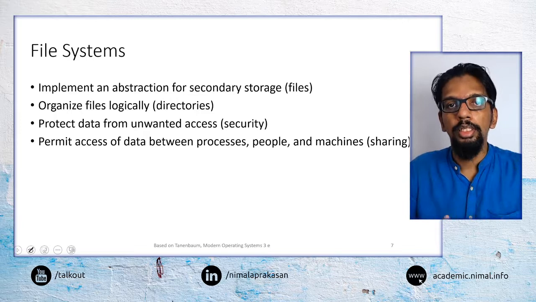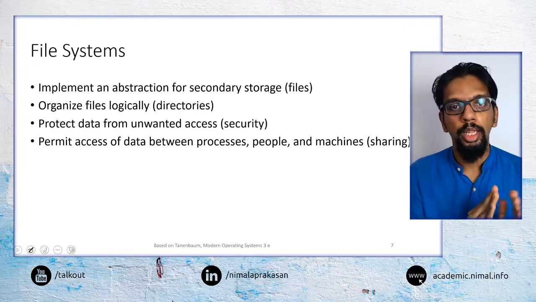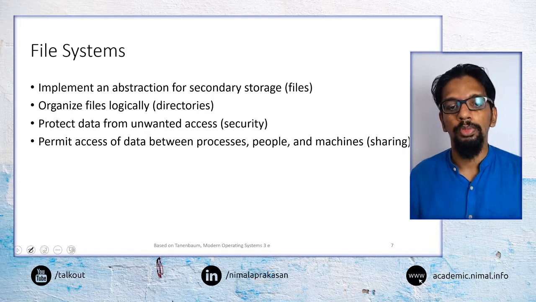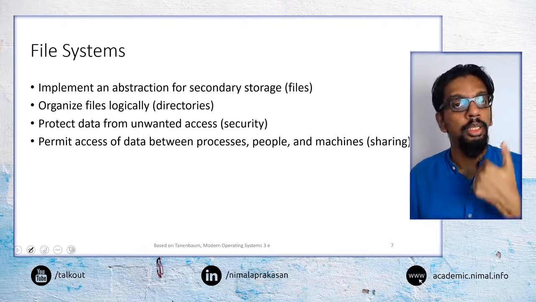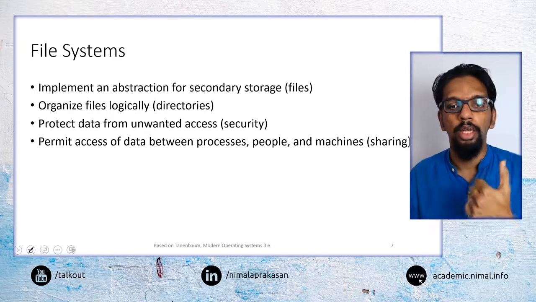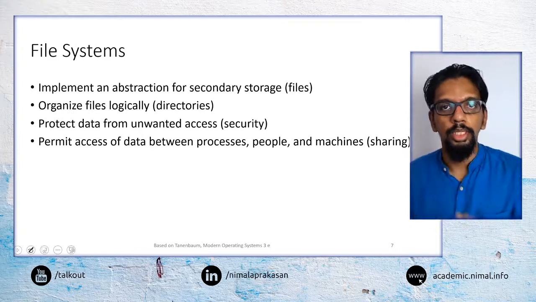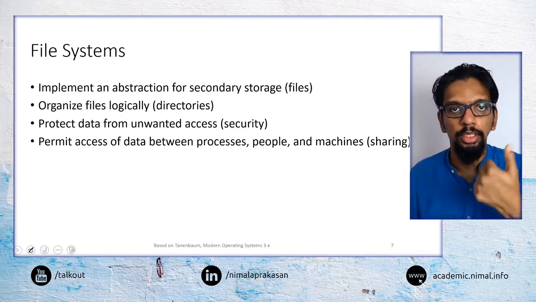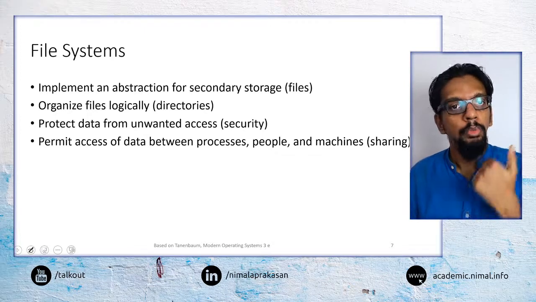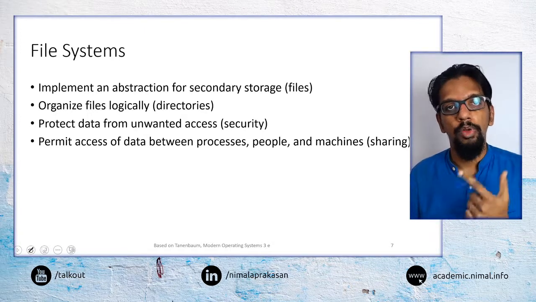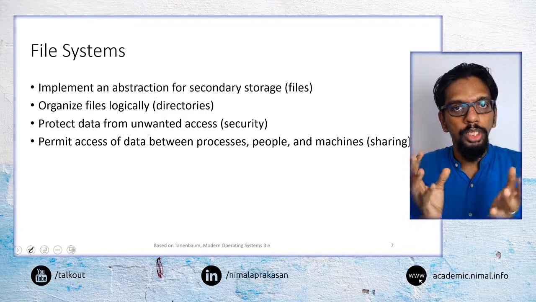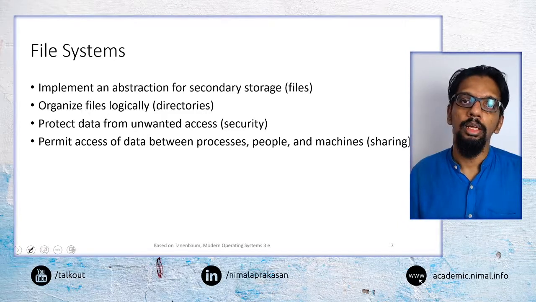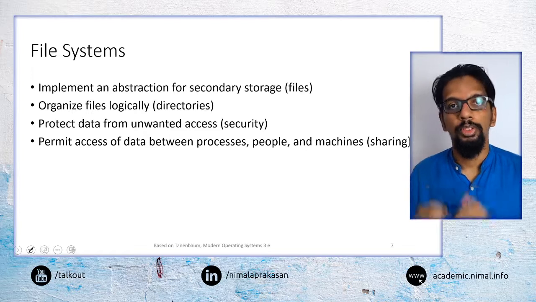And with any file system component of the operating system, it would implement a number of things. The main functionalities it would do, we can categorize as key functionalities like these. First, it would implement the concept of a file. So the unit of file, the storage information as a file. So that is the first thing the file system would do. Then in most file systems, they would also support what are called directories or folders. So these are again logical organizations to have structures within storage mediums.